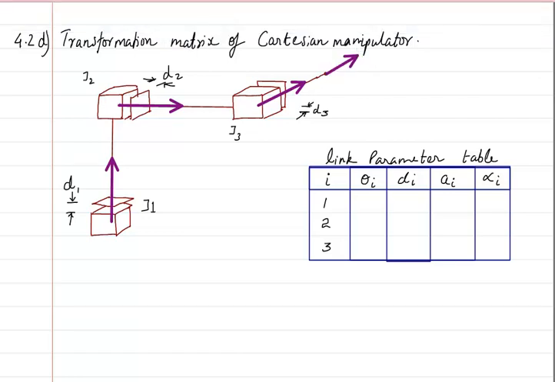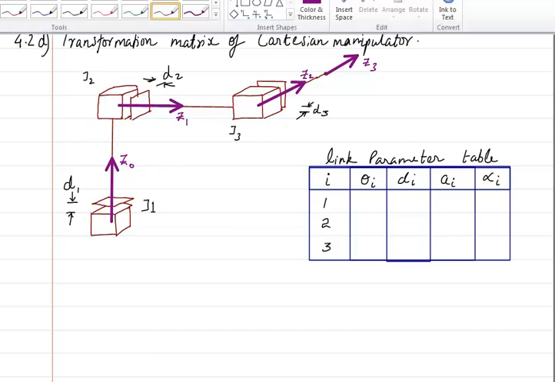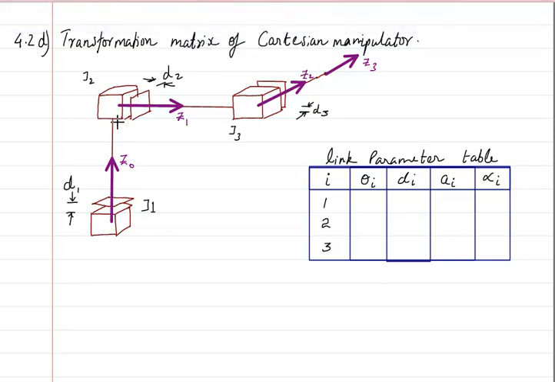So based on this, I can now very easily write that this is z0, because for joint 1 it should be z of 1 minus 1, which is z0. So this is z1, this is z2, and this is z3. Now if you remember, I had told that I will never go for the x-axis of the 0th frame first. I will first look at what the x-axis will be for the second frame. So this is frame 1, which is the second frame here.